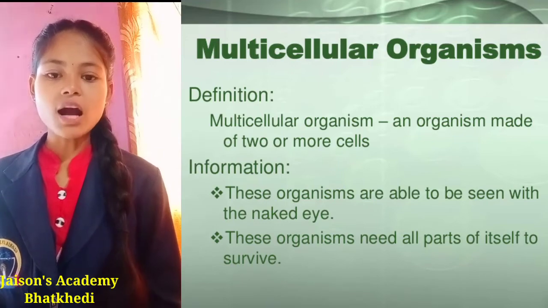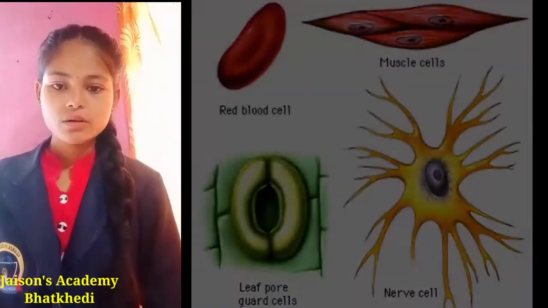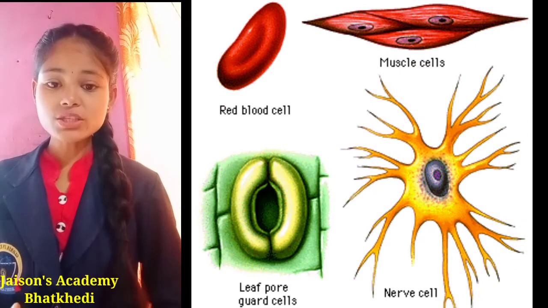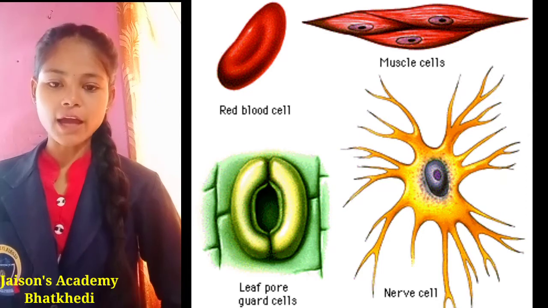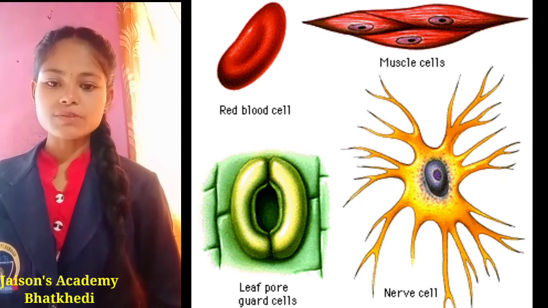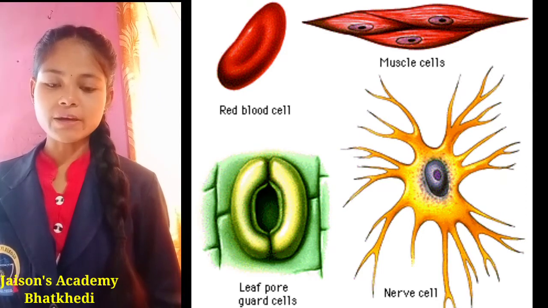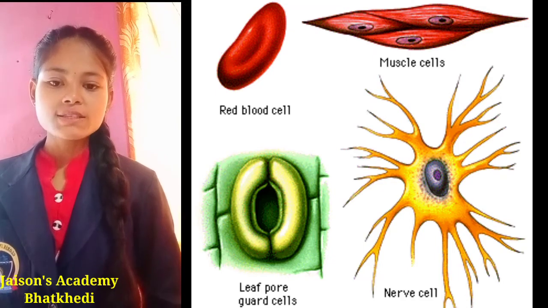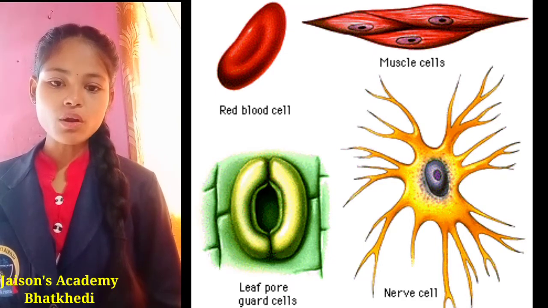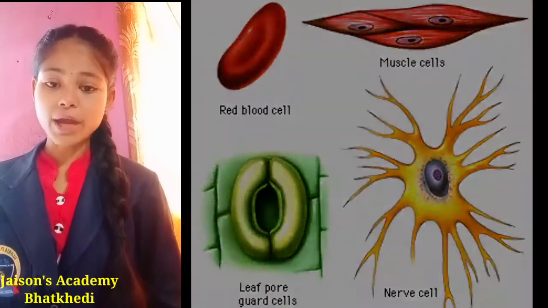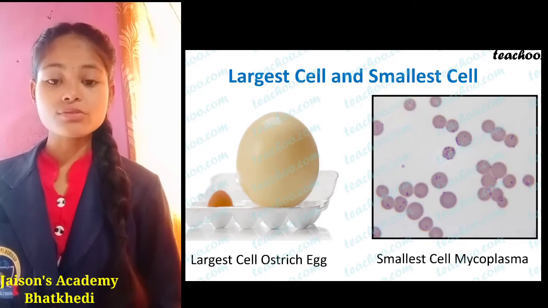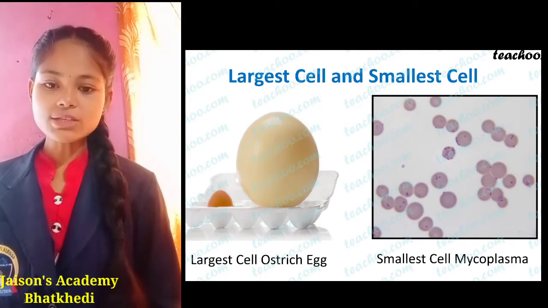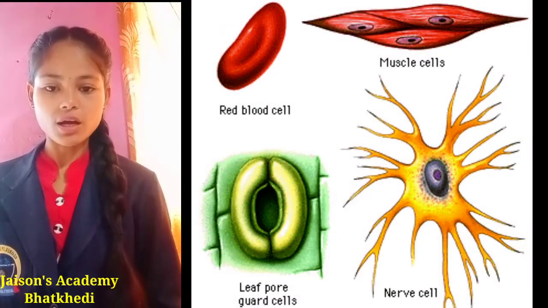Now let's see how the shape of the cells looks like. Students, if we talk about the size and shape of the cells, there are a number of varieties of shape and sizes the cells are present in our body. Some are spindle shaped, some are spherical, some are elongated, some are branched. Some may be as small as the smallest cell of bacteria, that is mycoplasma, and they can be large as the ostrich egg, which is also a cell. So in this way, varieties in cells, shape and sizes may occur.